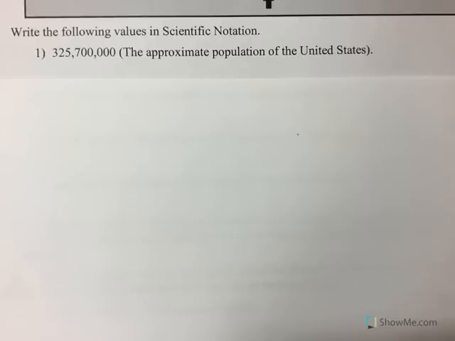So we have a standard form problem here, 325,700,000, which is the approximate population of the U.S., and we're going to change this to scientific notation. Now this number is greater than 10. We call that big, so we are going to have a positive exponent. This is just your thought process on the side. I need my front number to be between 1 and 10, so I want my decimal point to be right there,